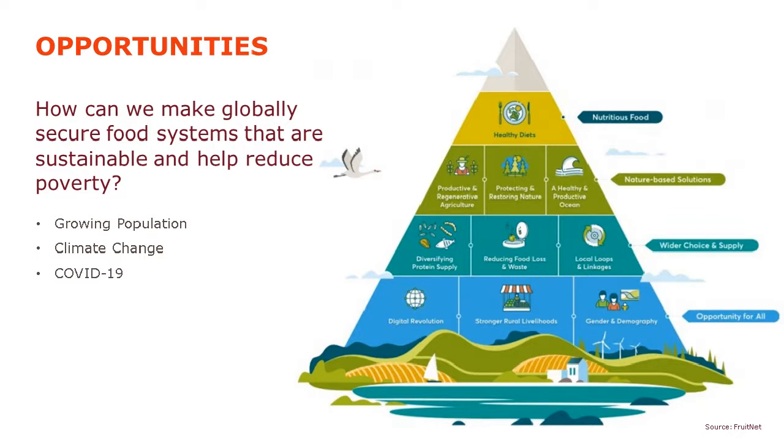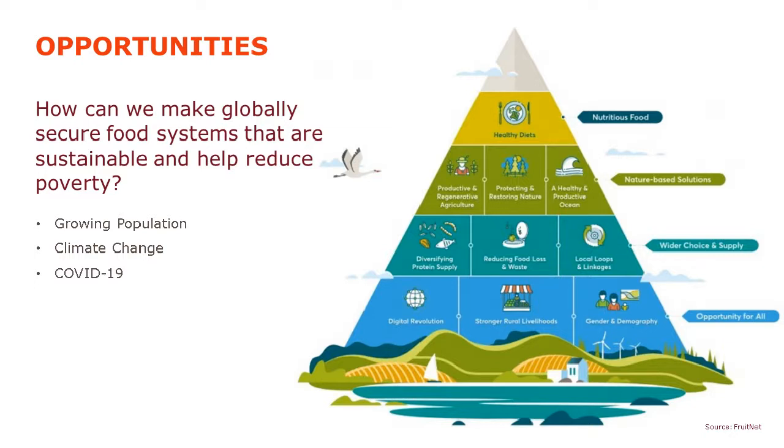And then finally, because that video is too long to play fully, finally, there exists a huge opportunity in the food and drinks processing sector, which is one of the reasons I got into it. The question we should really all be asking ourselves as the innovators of tomorrow is, how can we make globally secure food systems that are sustainable and help reduce poverty? So during the past year, COVID-19 and Brexit have revealed how vulnerable our food systems are. Relying on imported food exposes a country to limited supply. Or, for example, how we're experiencing today in the UK, we have no petrol for our cars.